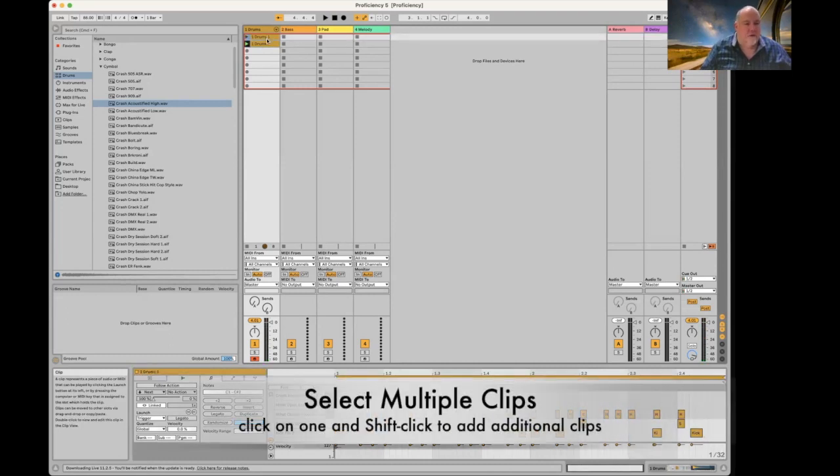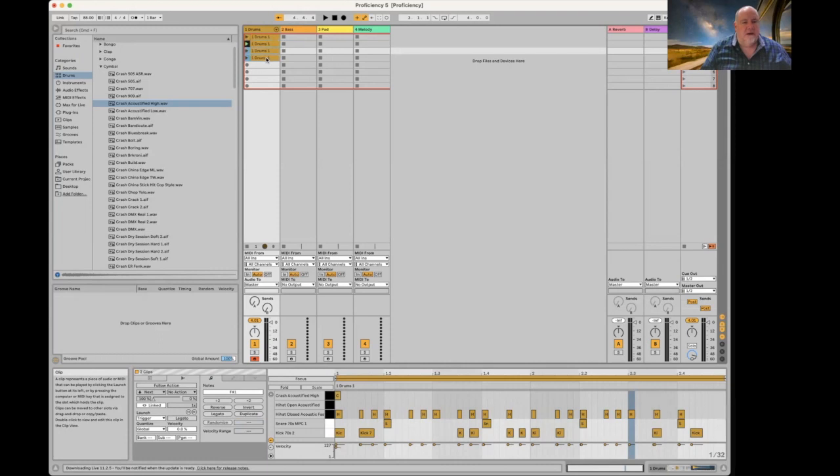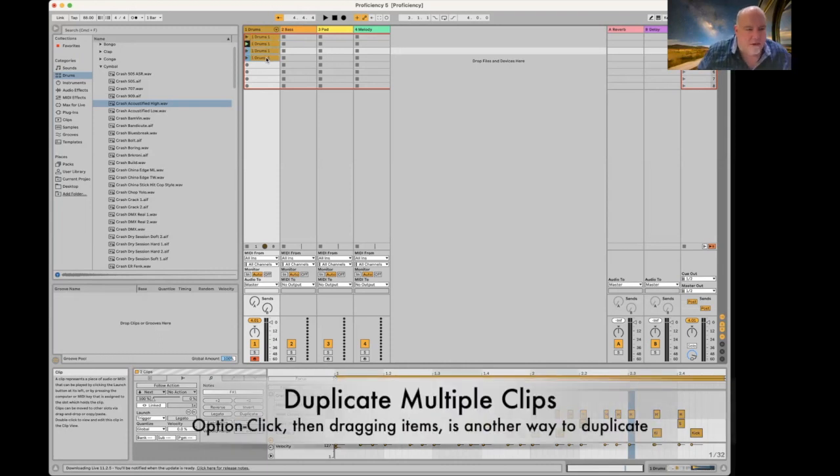Great. So I have these two patterns. I'm going to hold shift, click on the other, select them both, and I'm going to drag them using Option. So the Option drag method to duplicate, and we'll put that into 3 and 4. Now on this one,